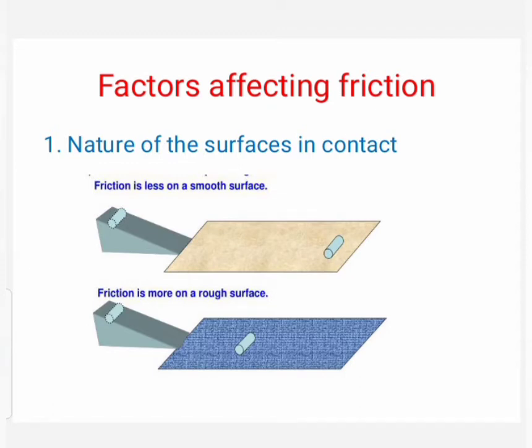Now, spread a piece of cloth over the table. Move down the pencil shell on the inclined plane. Observe the distance. Now, spread a thin layer of sand over the table. Move down the pencil shell again on the inclined plane. Observe its movement. What is your inference from this activity?